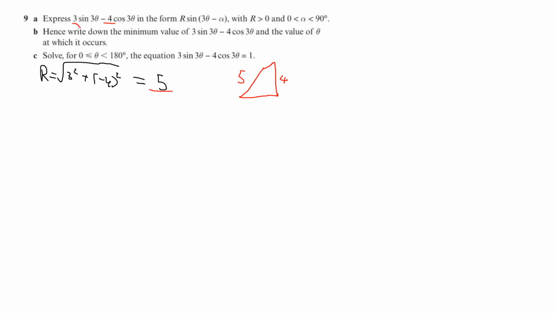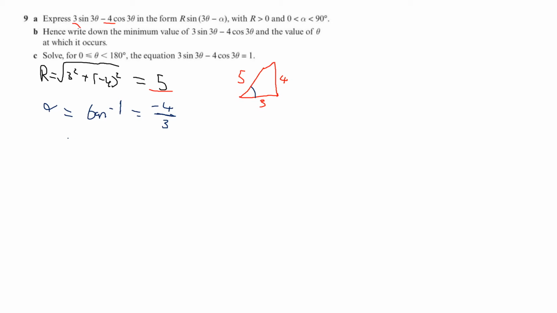And this is going to be 3. Okay? So a quicker way of doing this is simply by working out alpha as the tan inverse of opposite over adjacent, which is just going to be minus 4 over 3,